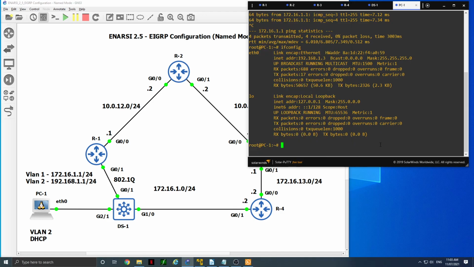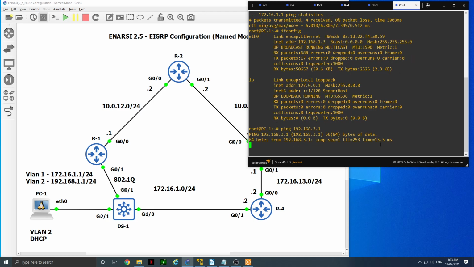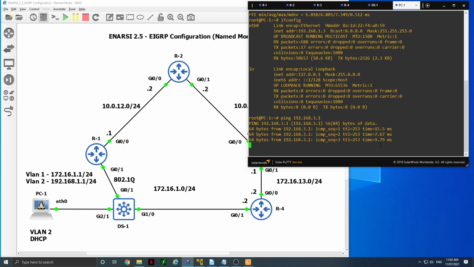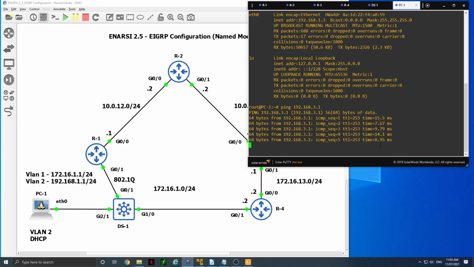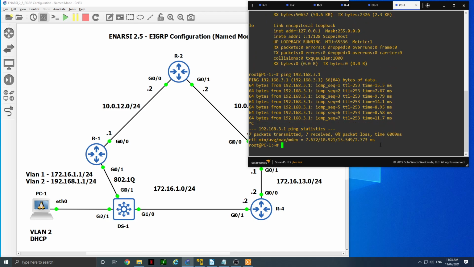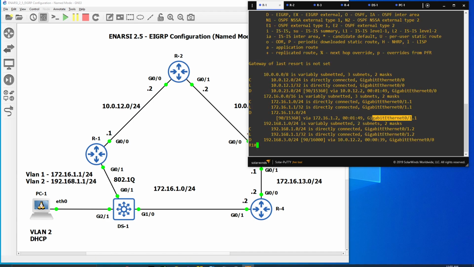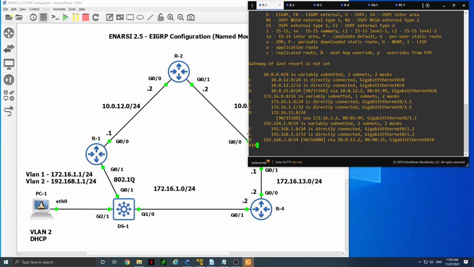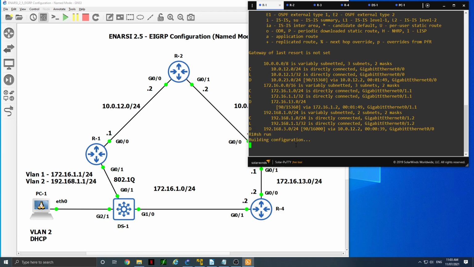So ping 192.168.3.1, and you can see that we're getting a nice response there. So basic config has successfully been done, and just so you can see it in a nice neat format, we'll do